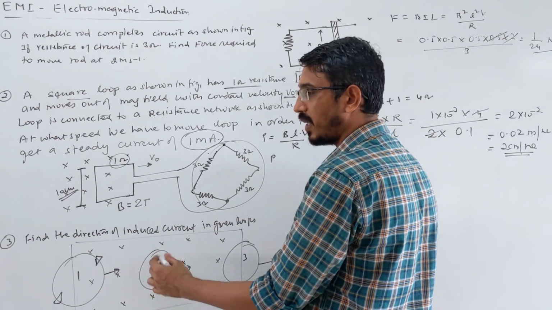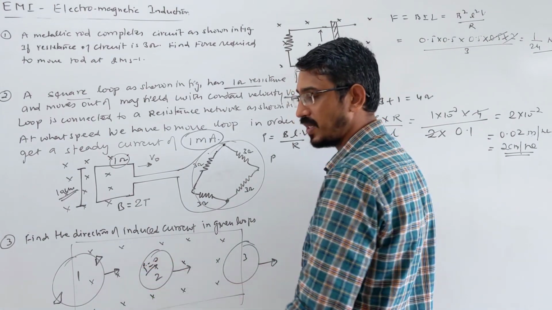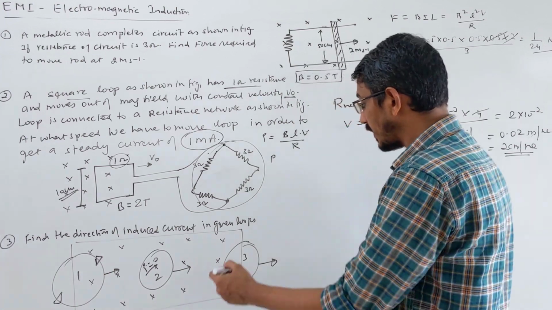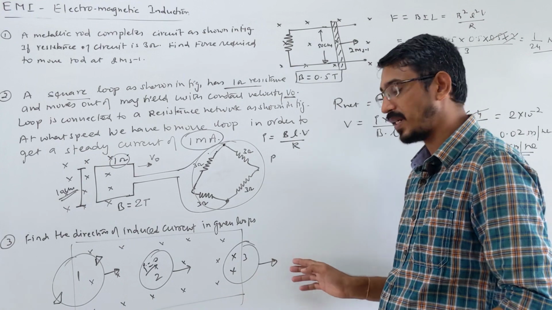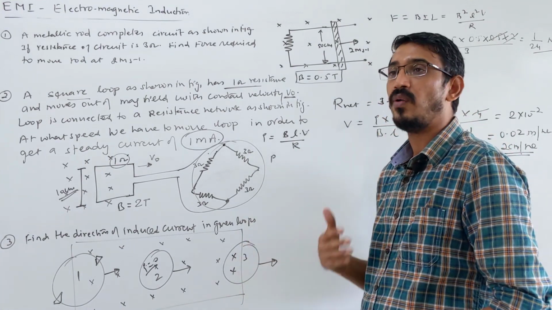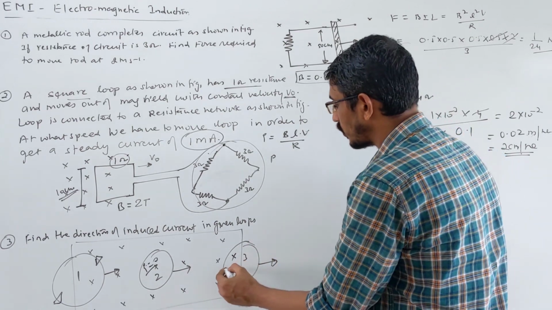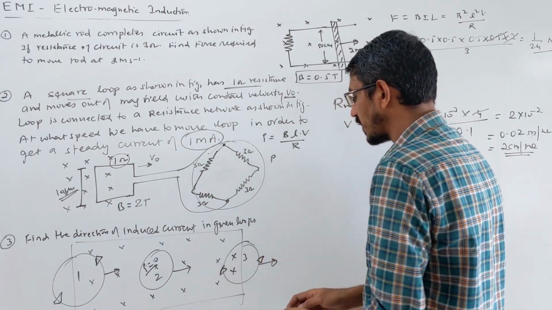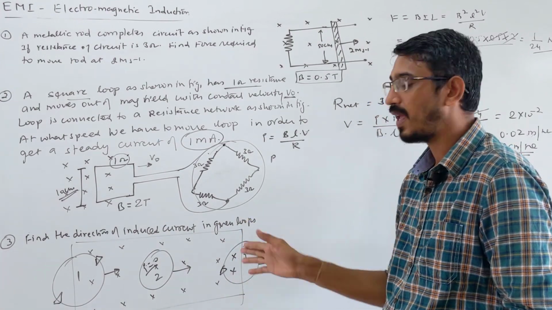And this loop is moving inside a uniform magnetic field, right? So magnetic flux linked with this is not changing. So no EMF is induced here, no induced current here. I is 0. This loop is coming out of the magnetic field, right? So magnetic flux is reducing, in which direction? Again inward. So flux due to the induced current should also be inward. So here current should flow clockwise. When clockwise current flows in this loop, flux due to induced current will be inward, and that will help to increase it.